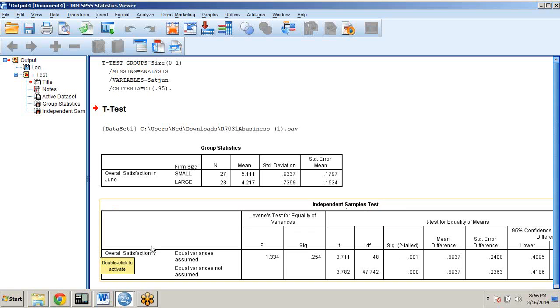The left part of the table is Levene's test for equality of variances. Since we compare two groups, we want those two groups to have similar variation, similar standard deviation. In this case, the test that is done automatically is Levene's test for equality of variances. We'll double check if the groups that are